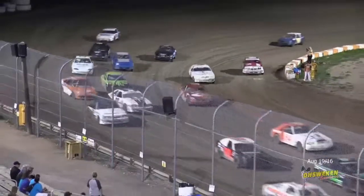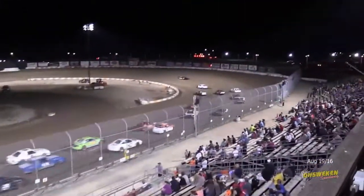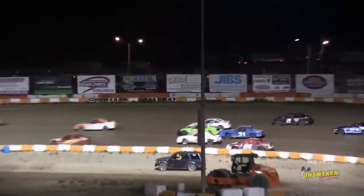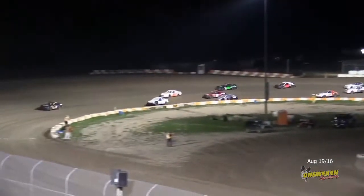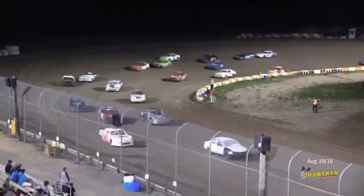He got cuffed around on the bottom, but Bazine working to the outside, trying to find a way around the Olivieri, number 16, as they're 3 wide through 1 and 2 once again. Keep an eye on that 21X, the Burger Barn ride of Mark Bazine. Always very fast here in this HRW Automotive Ministock division. He's up to 3rd, now working on 2nd. Off of the 4th turn, here comes